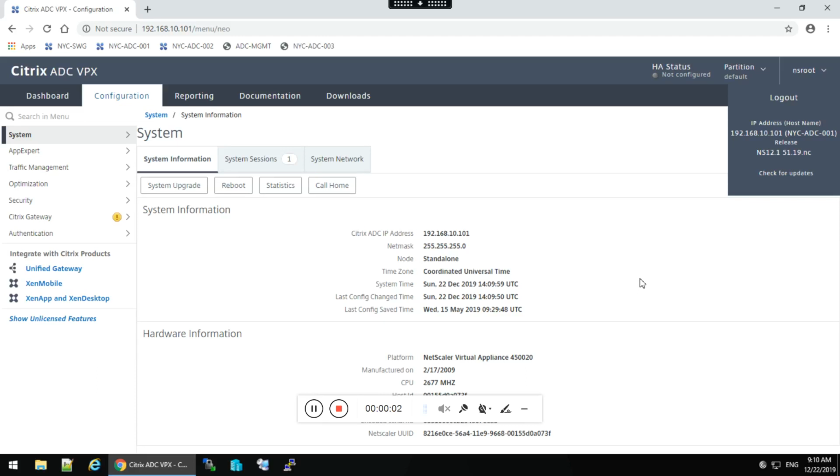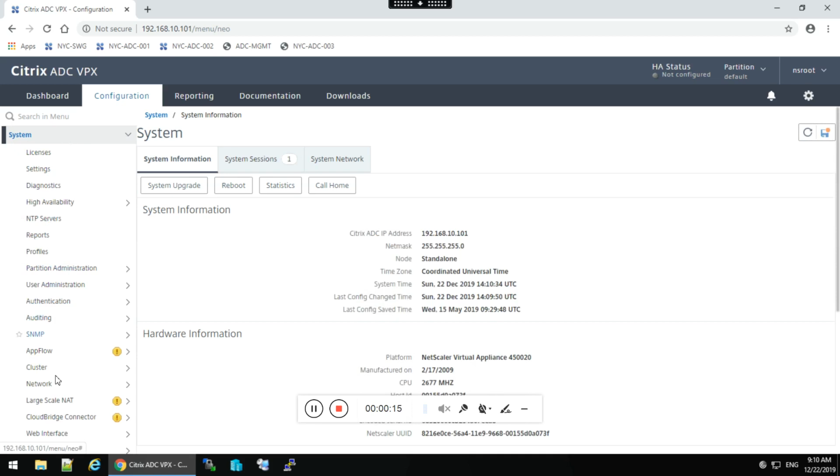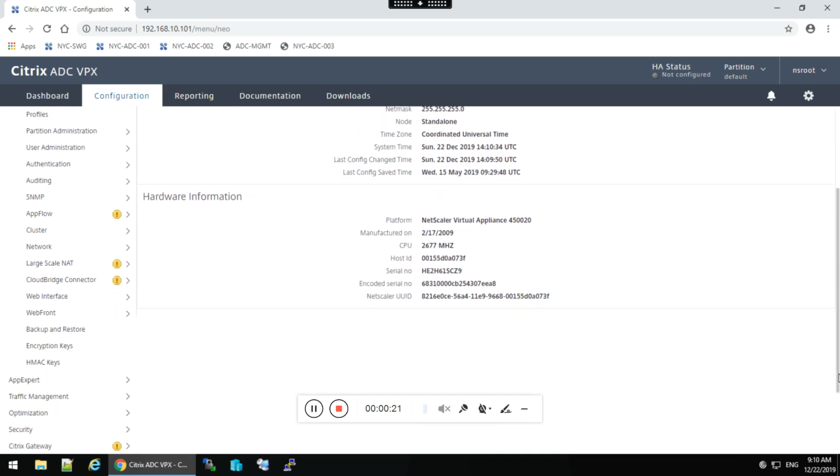Hi. Okay, so we are now starting with the basic networking. The firmware is upgraded to 12.1, as you can see here. In this scenario, we have network interfaces. You can see we have two interfaces, 1/1 and 1/2